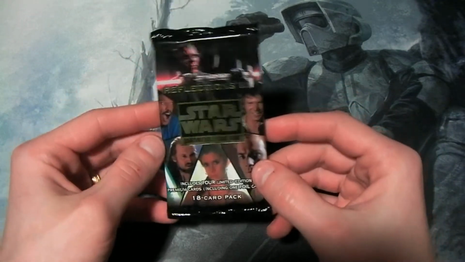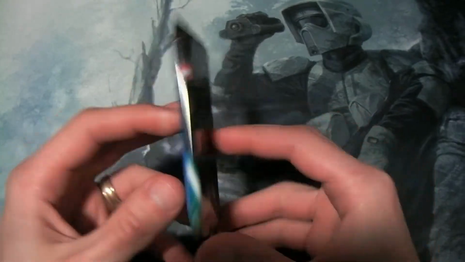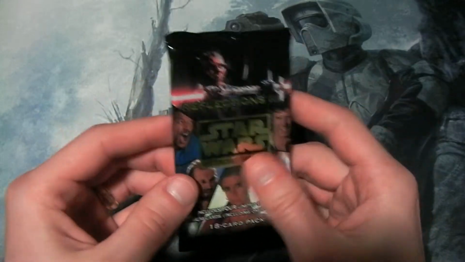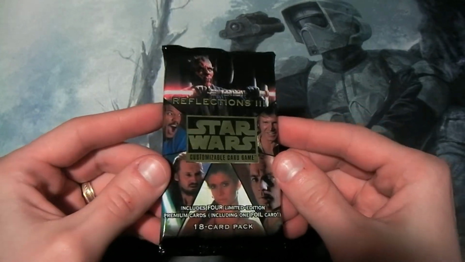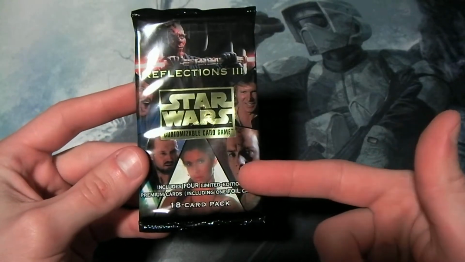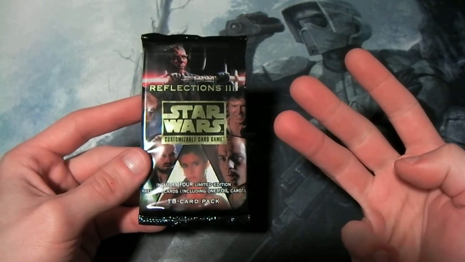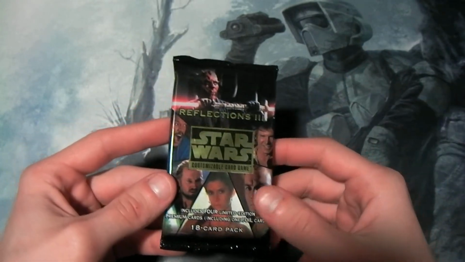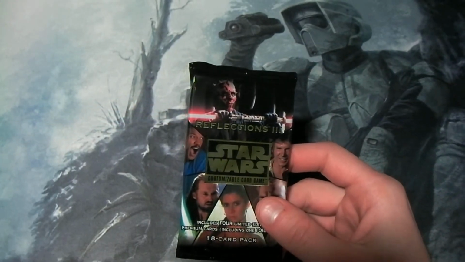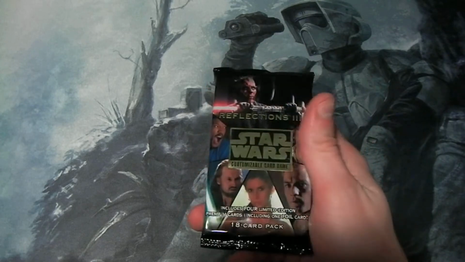And finally, the jackpot. Reflections 3. This was one heck of a pack, and you'd be lucky to find one for under $30 these days, honestly. Now this one has 4 limited edition premium cards, kind of the same deal as in Reflections 2. You have your foil card, your 3 from the Reflections 3 set, and that was a new concept. That introduced a new concept called defensive shields,